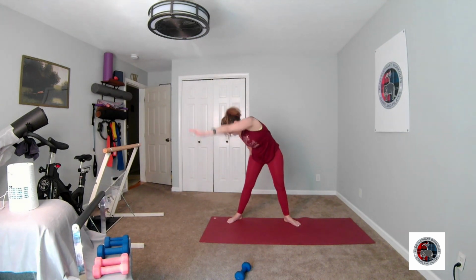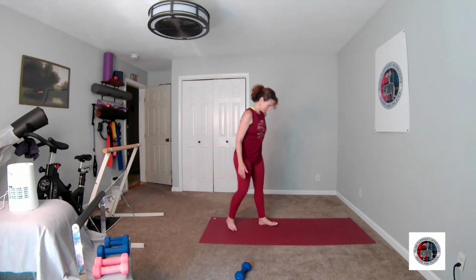and then bring the other arm up and over for that side bend, and then sweep the arm around, just feeling that nice rotation in your shoulder, just getting the blood flowing a little bit, especially if you've been sitting. Side bend side to side with both arms overhead, and then bring them down, and then step across again just to get the heart rate up and a little bit warmer so that you can feel ready and all set to go for your balance work. That's across, and then step behind,